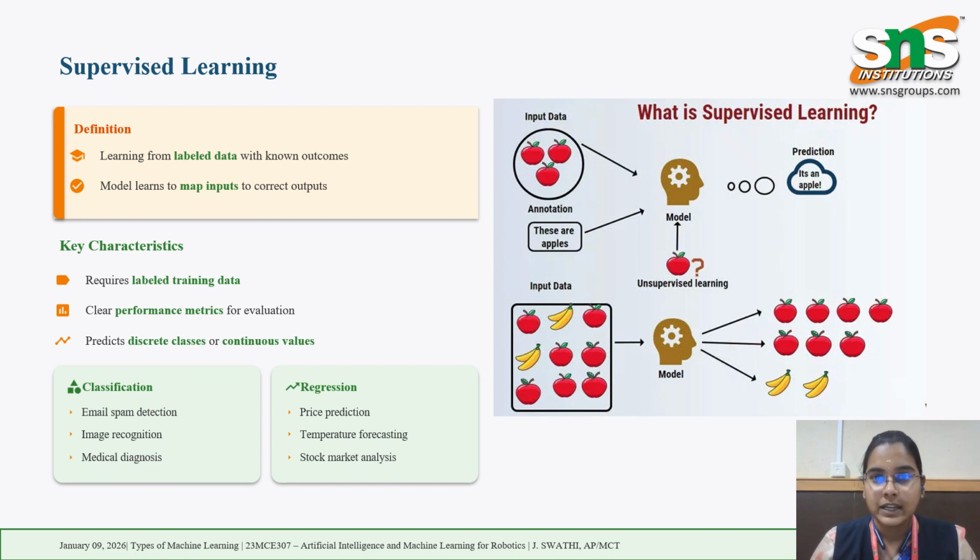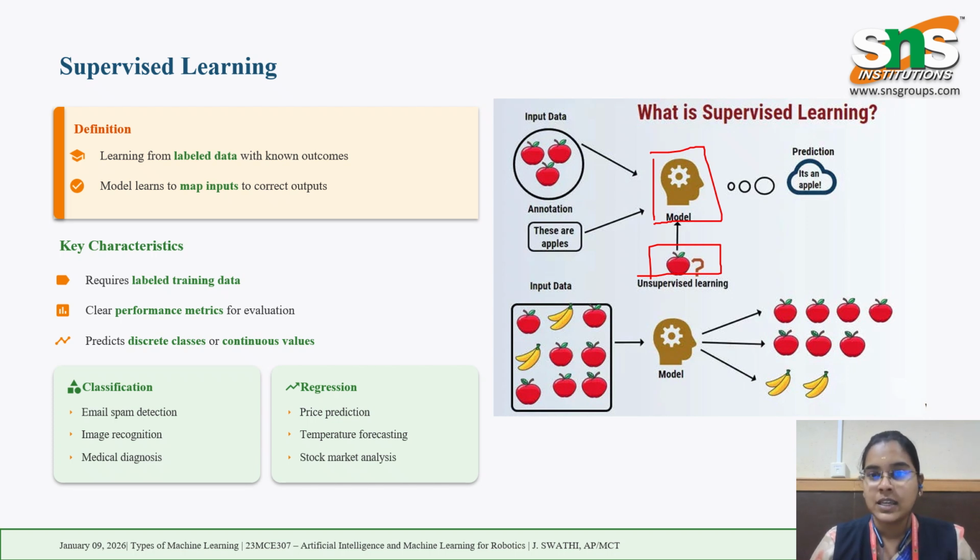And coming to supervised learning in depth, you can see an example here. We have input data of apples. I am feeding input data with n number of apples. Now I am telling the machine that these are apples. So I am choosing a machine, and I am teaching the machine that this bunch of data are apples. Now it has fetched the data from me. Now I am giving the unknown data to find out.